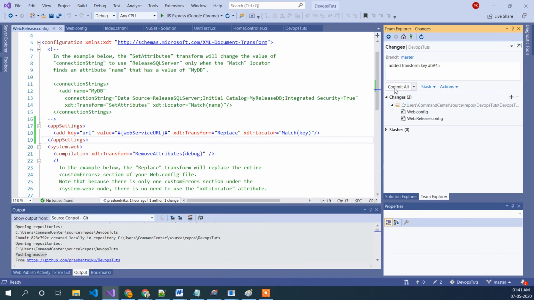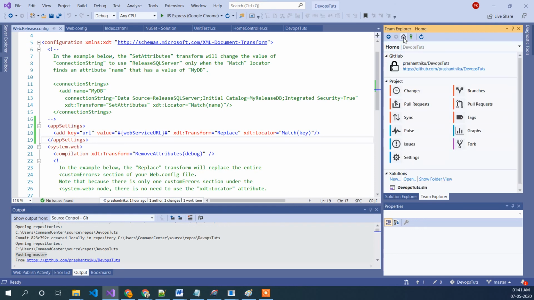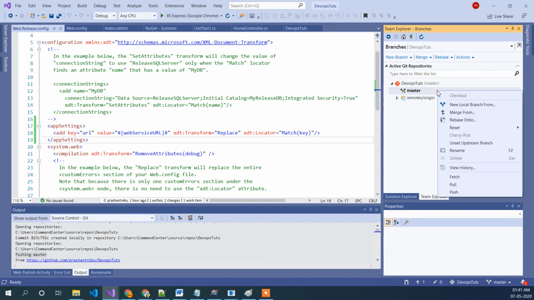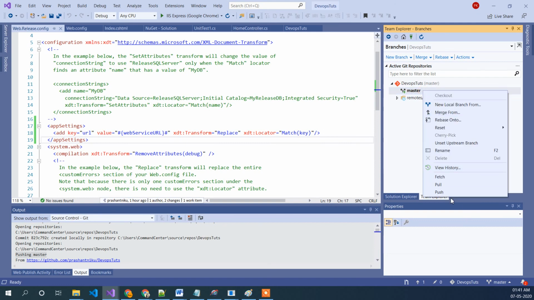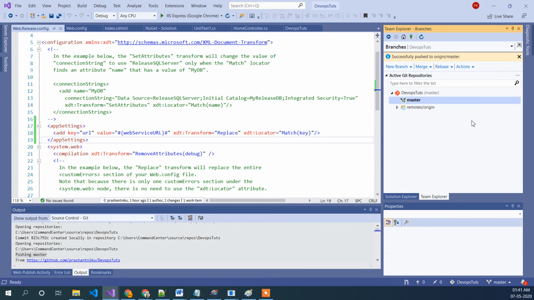So let's do a commit on it. It gets committed, and the next step is to go to the branches and do a push on it, and it will push our changes to the server.